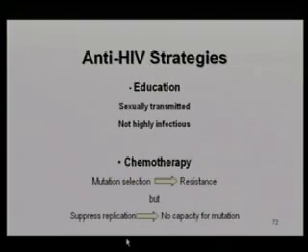So what are we to do? 20 years of HIV infections, 20 years of AIDS. What are we to do about it? Clearly, we have no vaccine, and it's probably going to be a decade or more before we have a decent vaccine, despite the huge amounts of money that's been poured into vaccine development. There have been bright spots in vaccine development, and they've turned out to be failures.